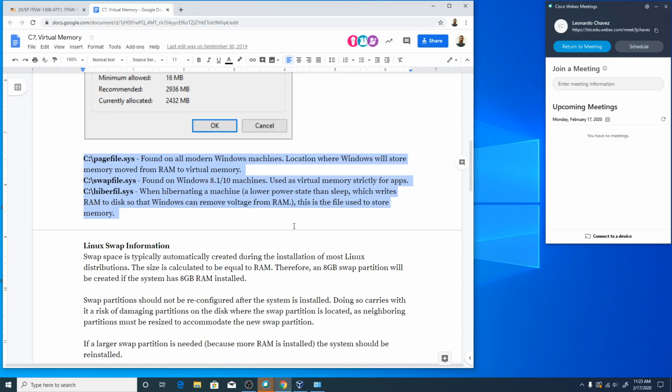This used to be the only place that you could find virtual memory. Since Windows Vista, this idea, so pagefile.sys, that's where all virtual memory used to live. Since Windows Vista, Windows 7, the idea of hibernation exists. This is another reason why you want at least the amount of memory in virtual memory, right? So if you have 32 gigs of physical memory, you want 32 gigs of virtual memory as well, at least. So hibernation is the idea that you should be able to close your laptop,